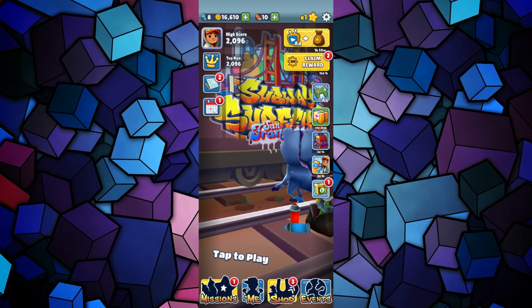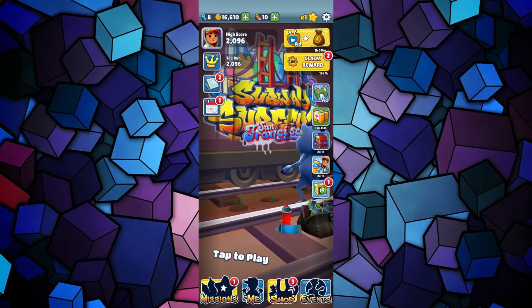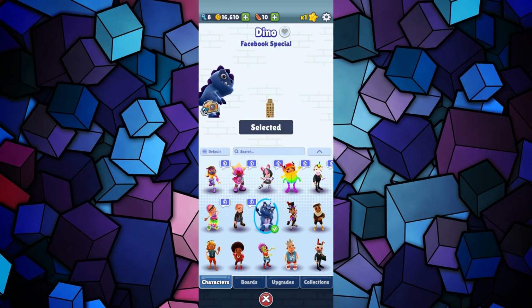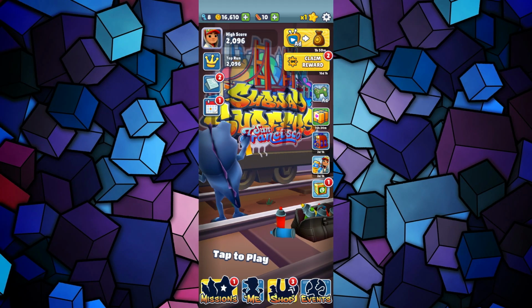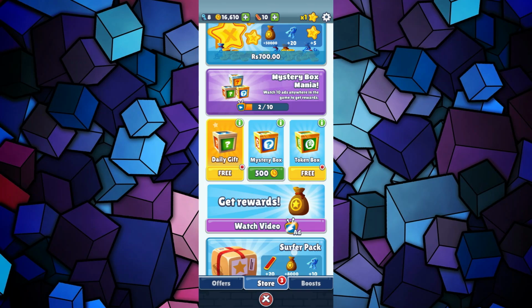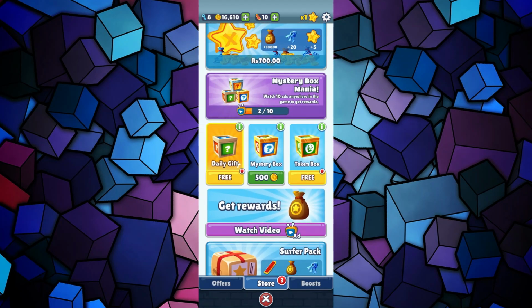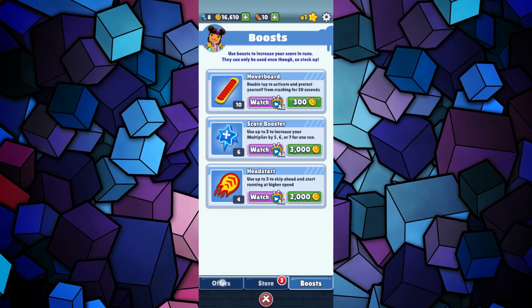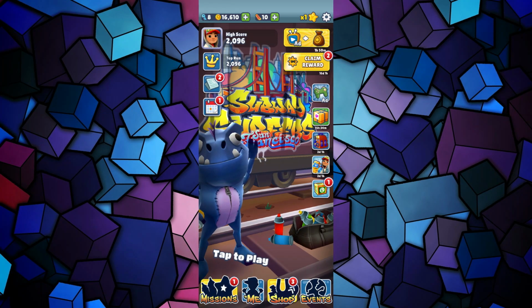Now here, if you tap on the settings button, then you will not see the option for changing your name anywhere. You will either get the name of the character that is playing or you will get some random names. However, the option for changing your name manually is not available anywhere, so the only way to get your name